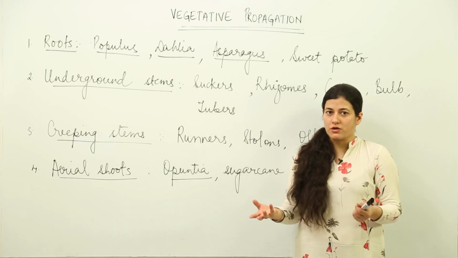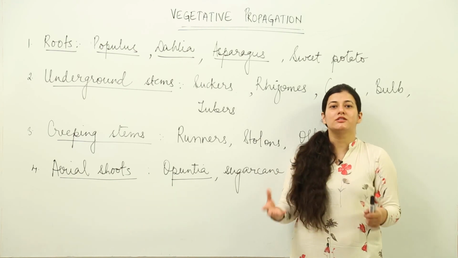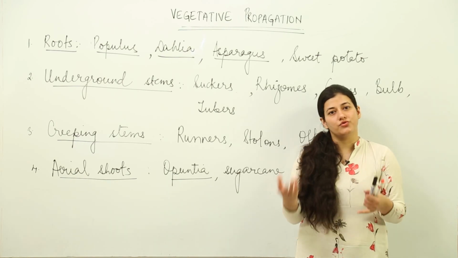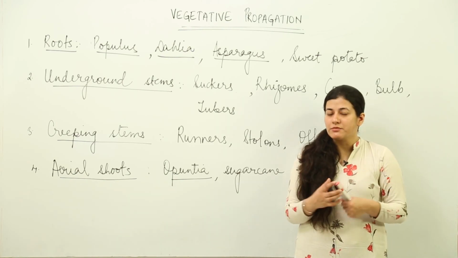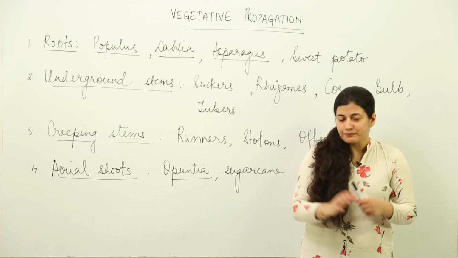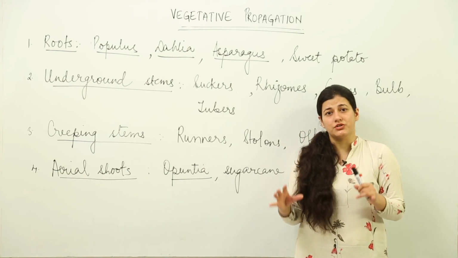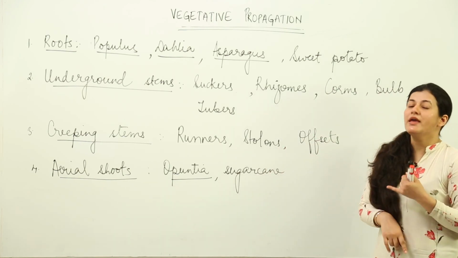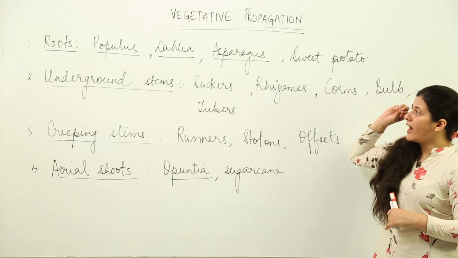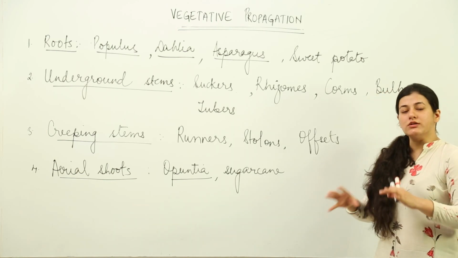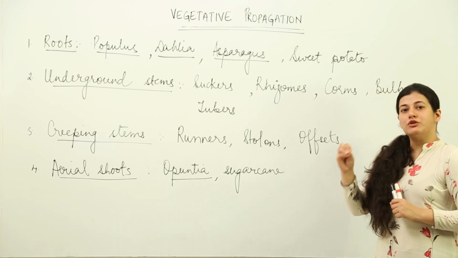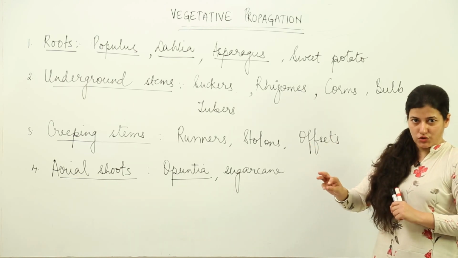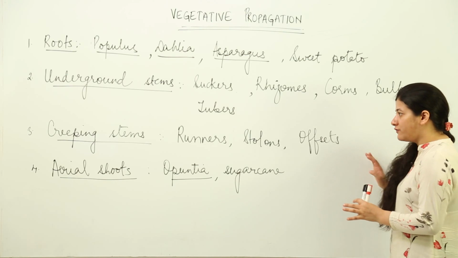We are left with root, stem, and leaves. That is what we talk about when we consider a plant's structure, that it has a shoot system, it has a root system, and on that shoot system it bears flowers after some time. So, we are going to exclude the flowers. We are going to take into consideration those parts which are not flower, and they are root, stem and leaves, and we have certain examples of plants where the plants reproduce by using these particular parts of their body, that is root, stem and leaves, instead of using the flowers.